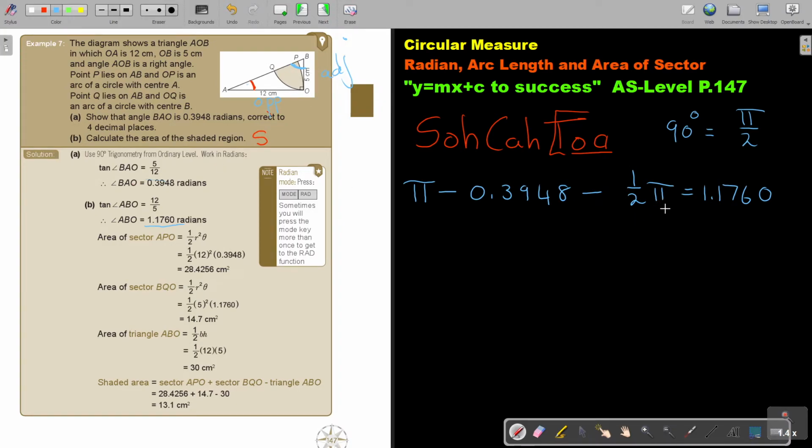This angle is a half pi. This angle from the previous, I also subtract. Okay, and then show that angle BAO. Okay, we'll calculate the area of the shaded. Now I'm first going to calculate the area of sector